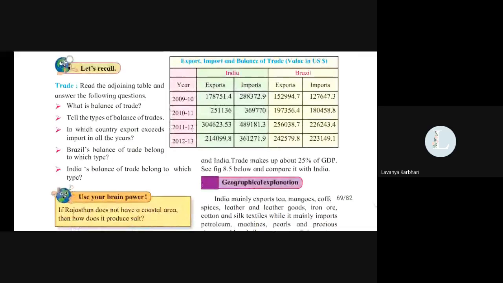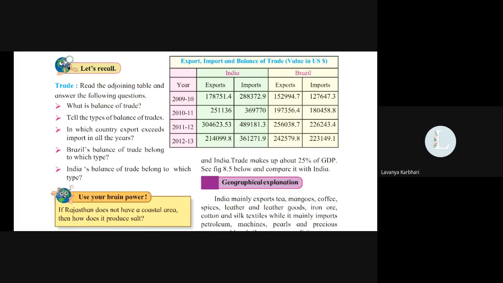Okay. Trade, it is related to trade. Read the adjoining table and answer the following questions. What is balance of trade? Here is the table given: export, import, and balance of trades. Values in US dollars. So for India and Brazil, they have given the figures for different years, for the exports and imports. So in 2009 and 2010,